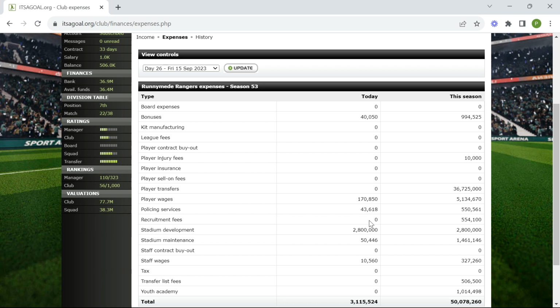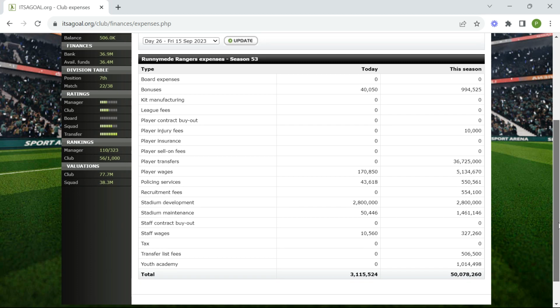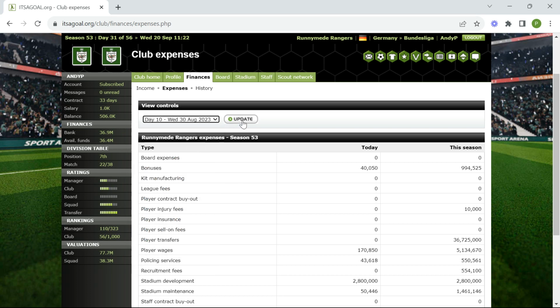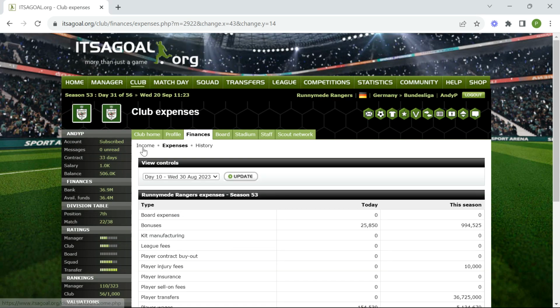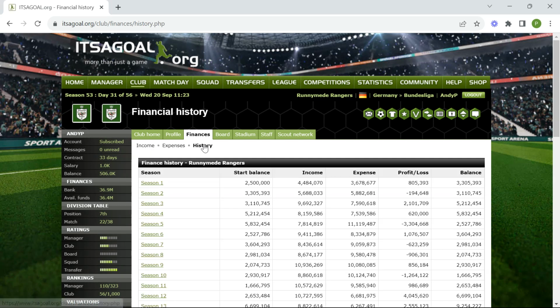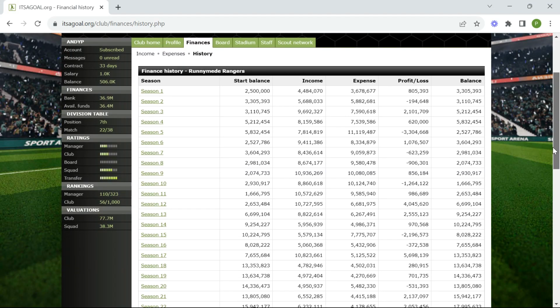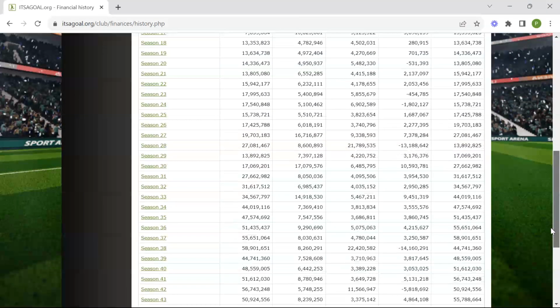You've got policing services, you've got stadium development, so that's the 2.8 mil we paid for that little quadrant of a stand. You've got stadium maintenance, so the bigger your stadium, the higher the maintenance you pay on that. And then we've got staff wages, of course, for all your scouts, physios, coaches, etc. Then it gives you a total at the bottom, and you can look at whichever day you want. It gives you expenses and history for that day. Talking of history, you can go from season 1. It's got records all the way down to the current season, which is